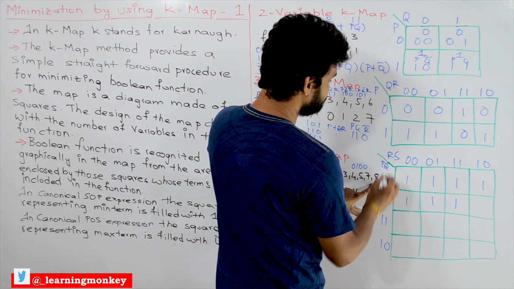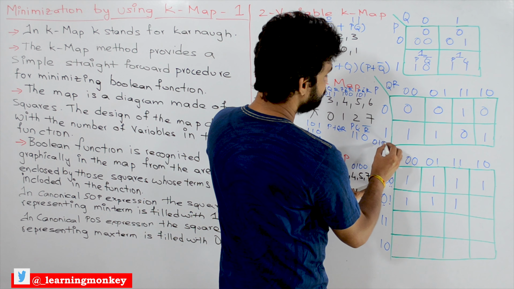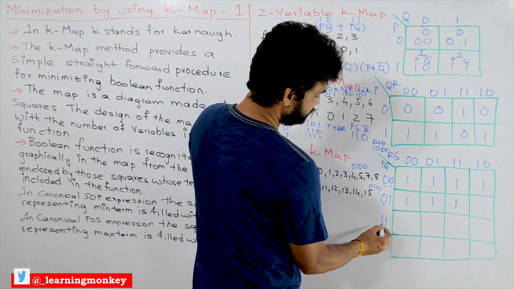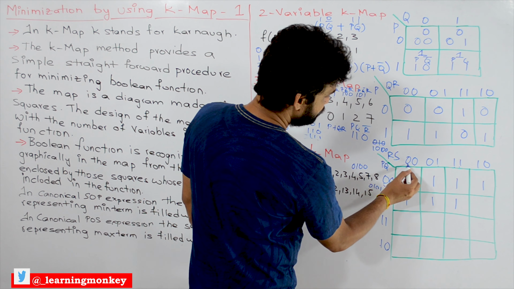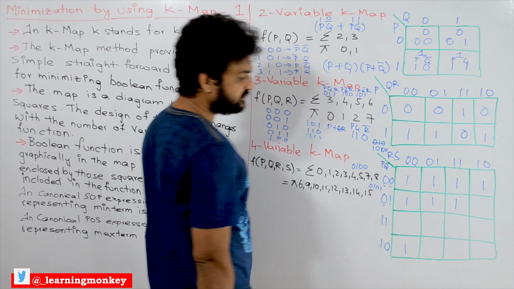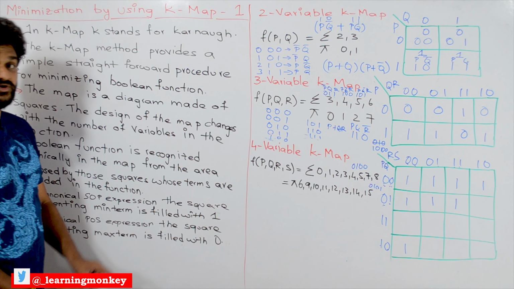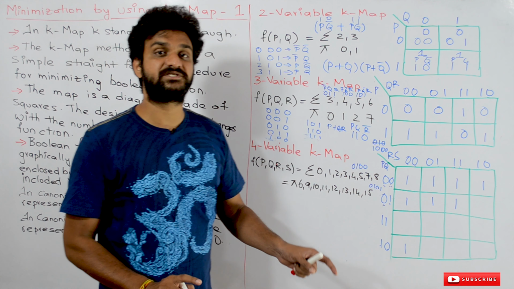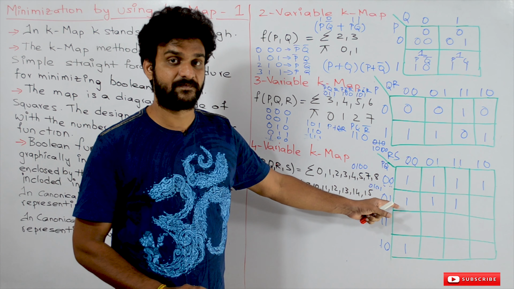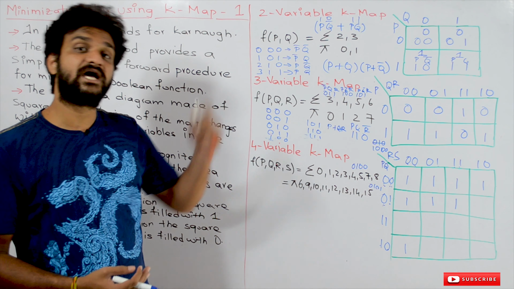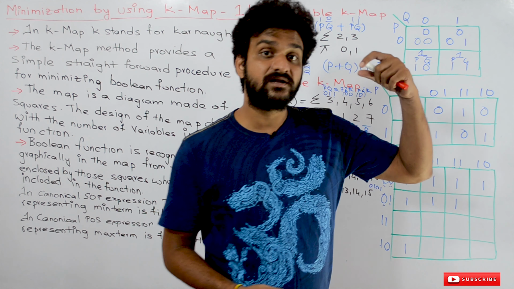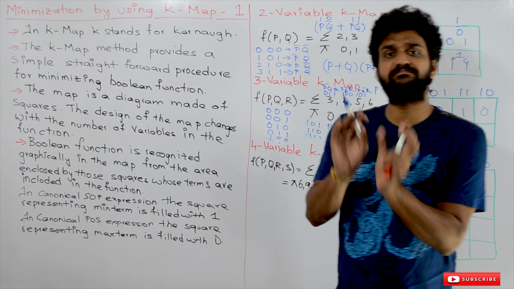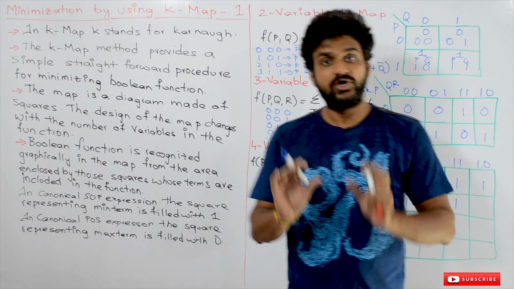8, how is 8 represented? It is 1 0 0 0. So this is filled with 1. So this is how any given Boolean expression can be represented in the K-map. How to reduce this, that we will try to understand in our next video. So in this video we are trying to have some basic concepts which are related to K-maps.